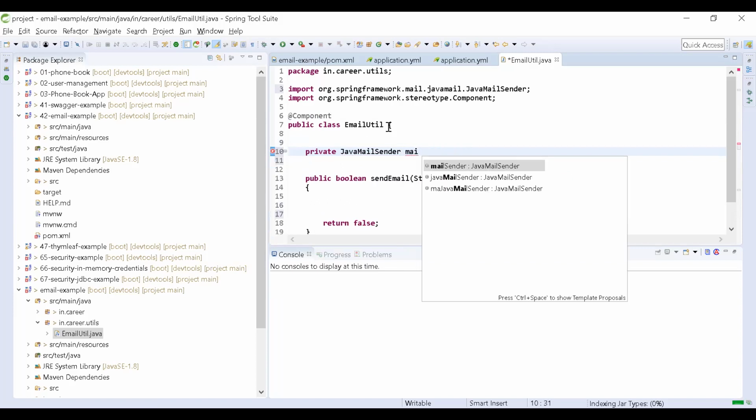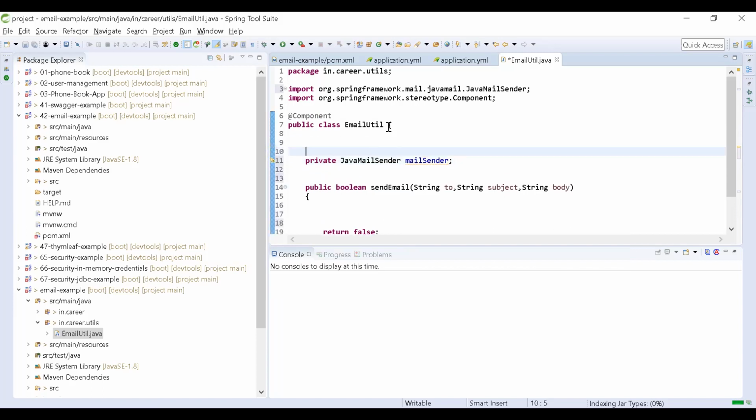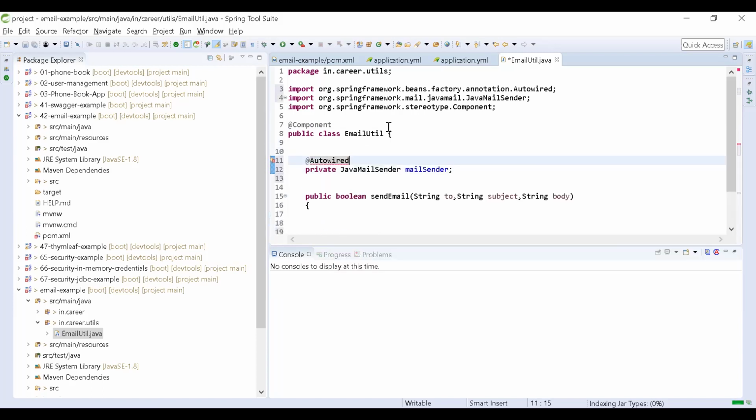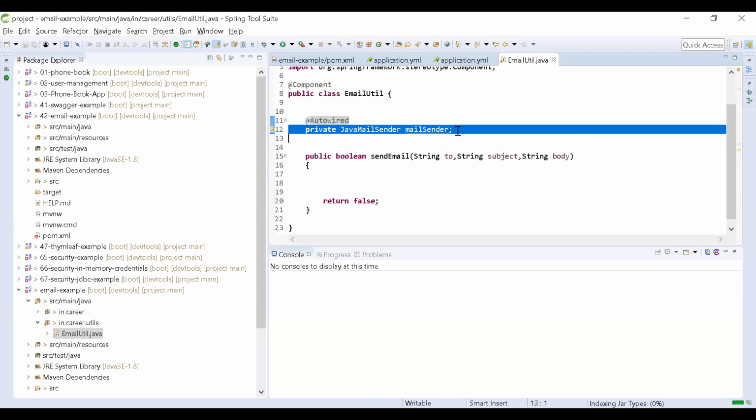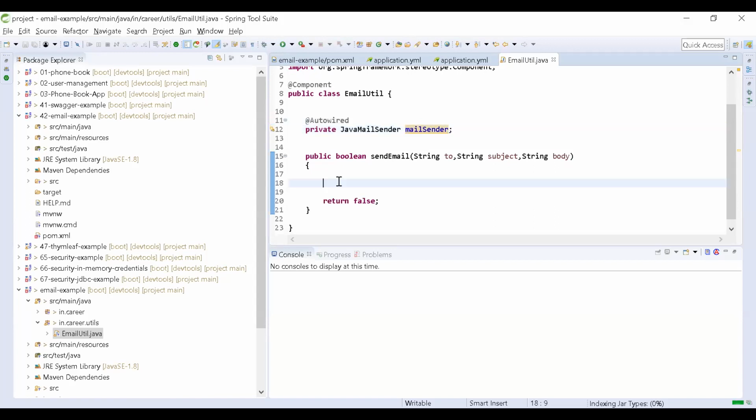I'll give it the name mailSender. I'll keep it @Autowired to create the object, to inject the object. I am putting here @Autowired. So guys, you have a few lines of code. This is the mail sender, and this is your method which is used to send the email.